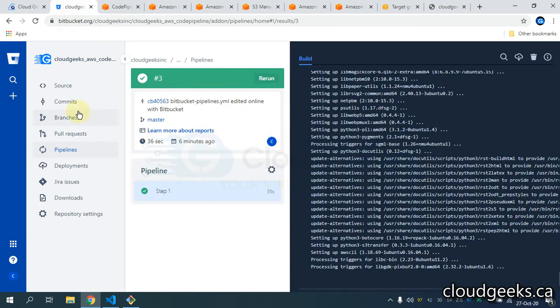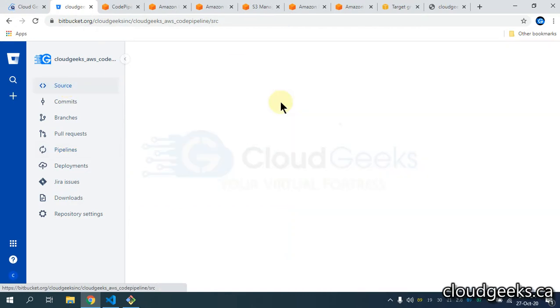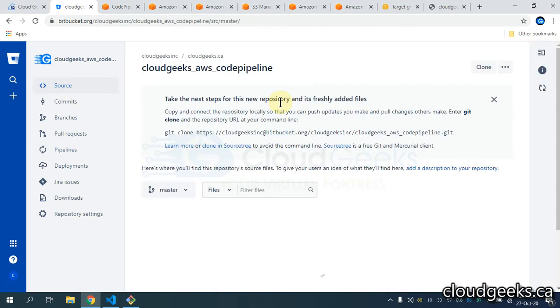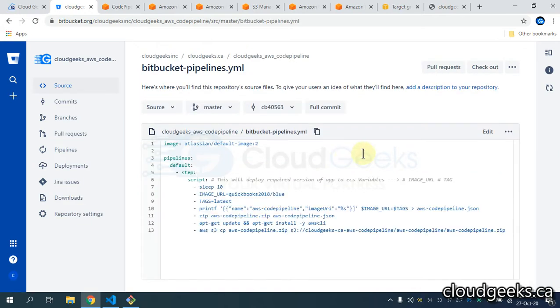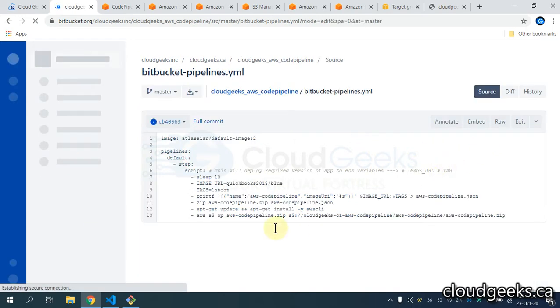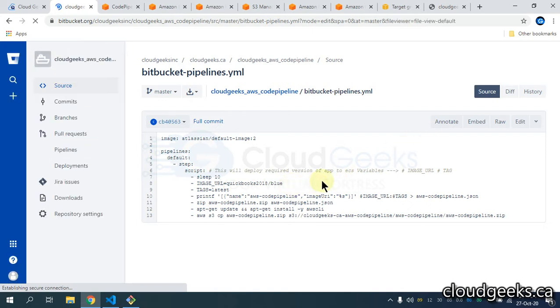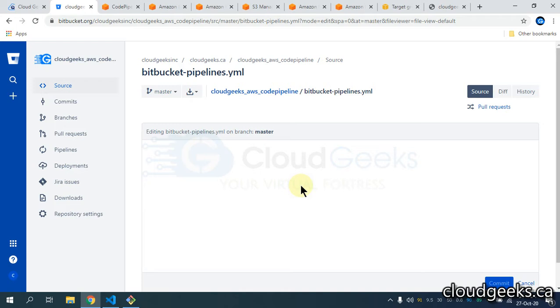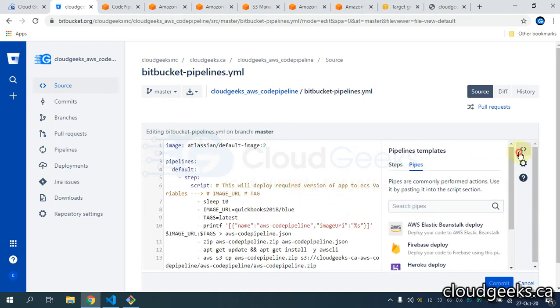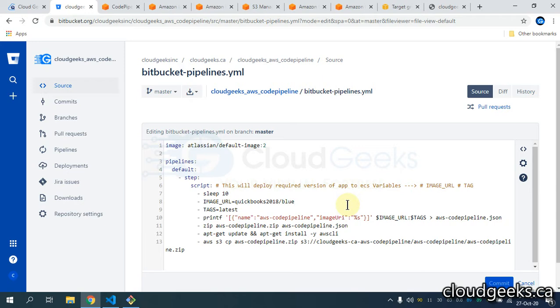So I'm going to navigate to the Bitbucket section and do one commit. I want to say deploy the new version, or the new deployment. So I'm going to simply click here and deploy the new version of my application. Let's call it green.